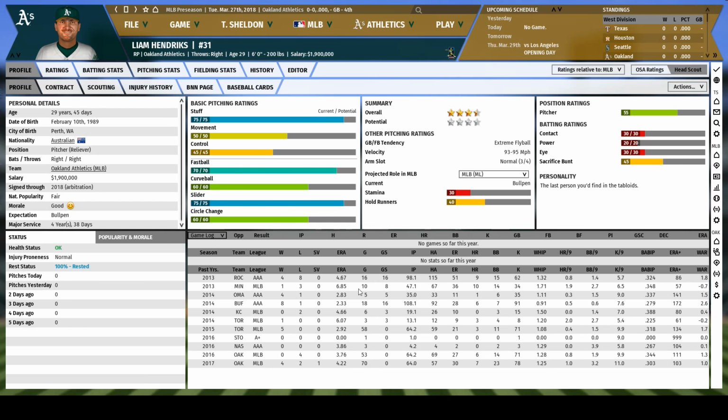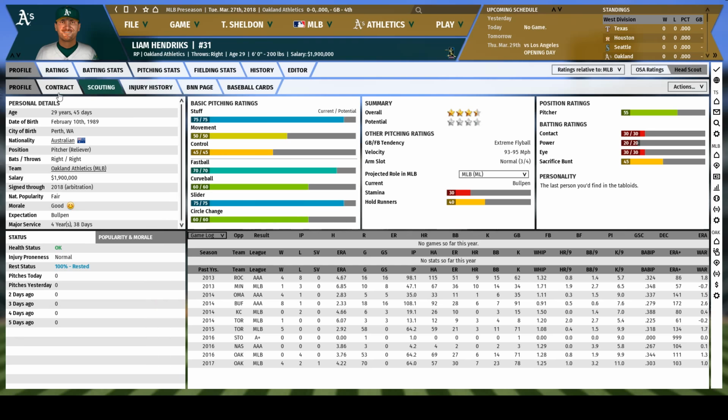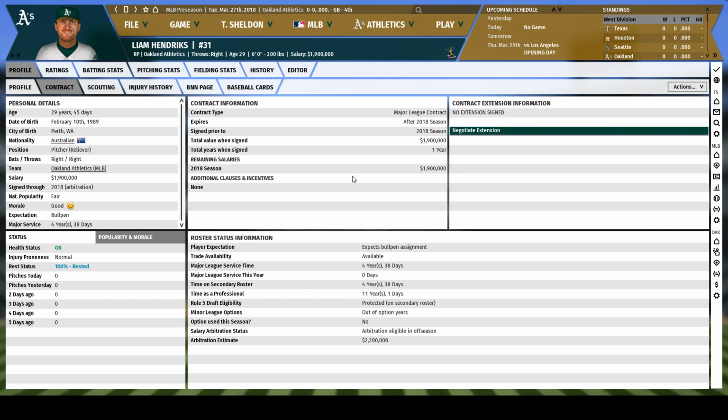And look at his career. He's pitched really well. He's played for several teams, including the Royals, Toronto, and finally joined the A's back in 2016. So glad to have him there. Actually, let's just quickly glance at how much it's costing us to have Liam. Look at that, 1.9 million. No options, but